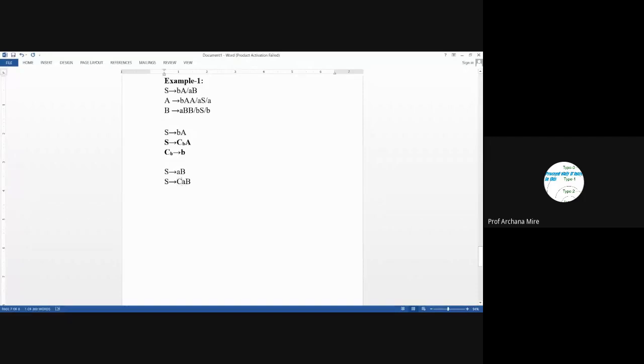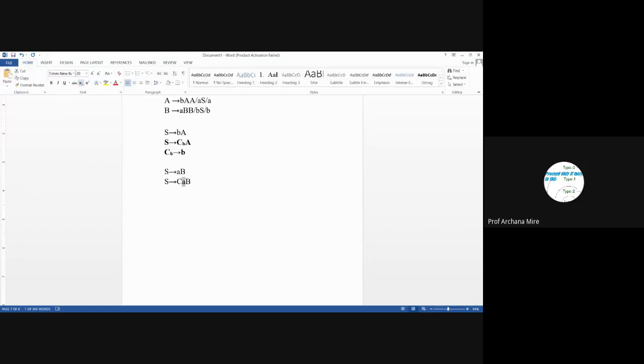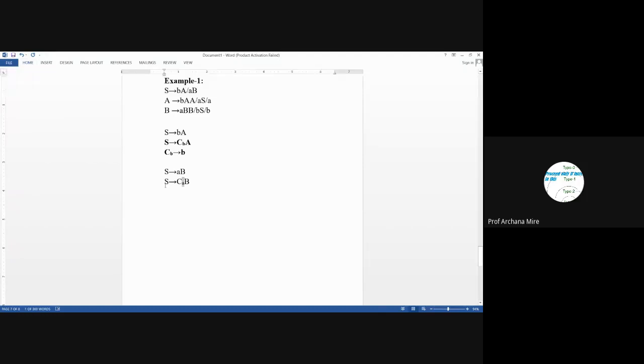So once again, I will mark this A as a subscript. Again, we need to insert a new production rule, CA leads to A. This production rule we will be inserting here. So once again, this was the original production rule which was not in CNF form, and it will get replaced with these production rules which are in CNF form.